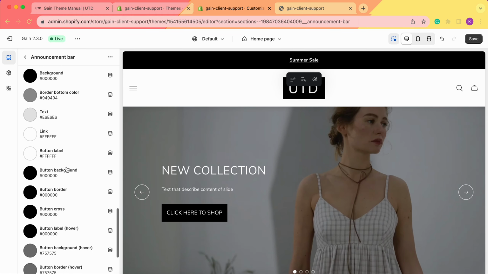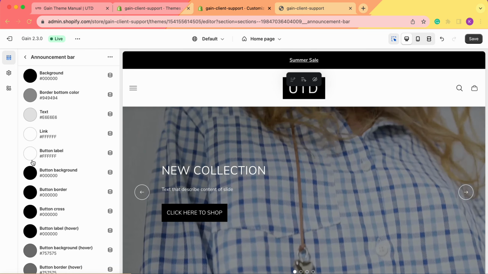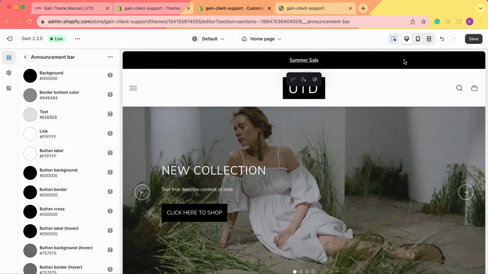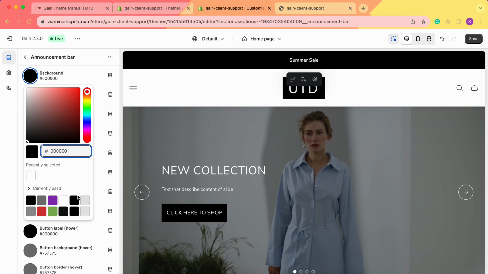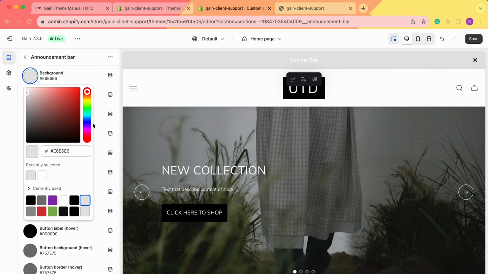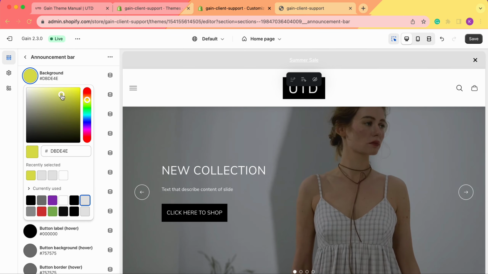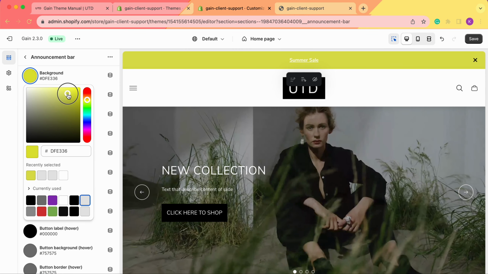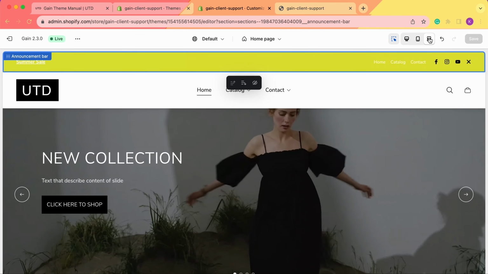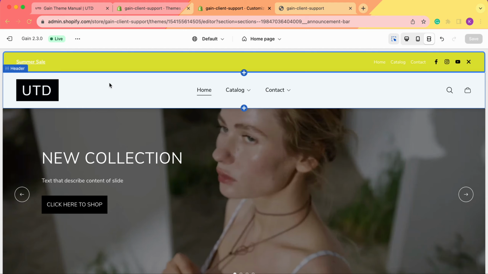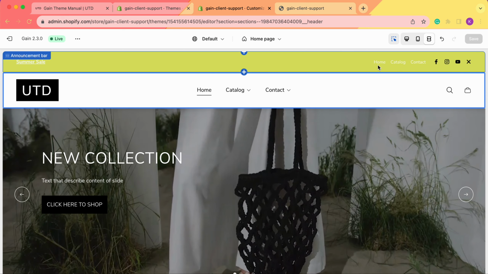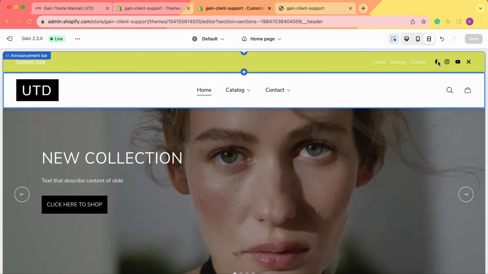But keep in mind that even though our link and text are set to the white color, our social buttons are set to black. That's why they're not visible here. So for example, let's change to this gray color, and let's just choose this bright yellowish, so that we can better see our changes. So now let's take a look at this full screen here, and as you can see, we have our yellow announcement bar color, we have this text here, we have this menu here,